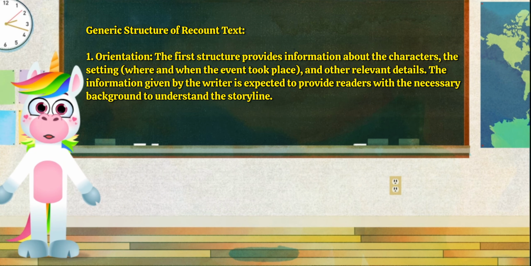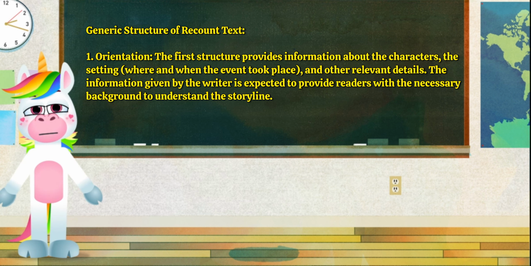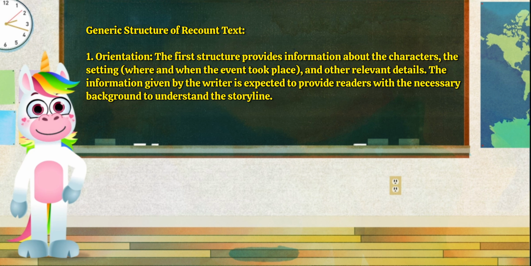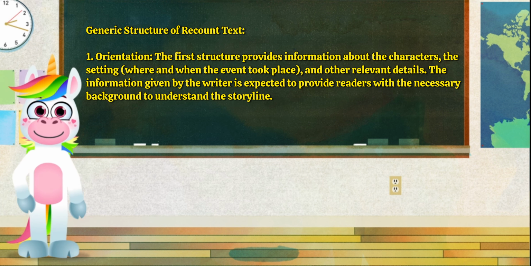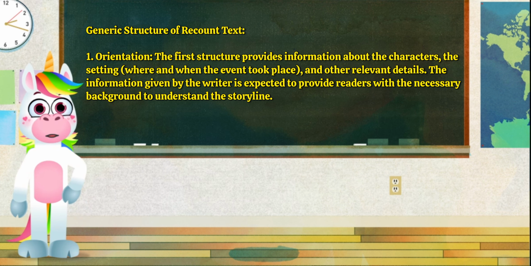Alright, the next section of recount text is the generic structure. Recount text has three main structures, or generic structures, as follows. The first one is orientation. So, what is orientation in recount text? Basically, the first structure provides information about the character, the setting, where and when the event took place, and other relevant details. The information given by the writer is expected to provide readers with the necessary background to understand